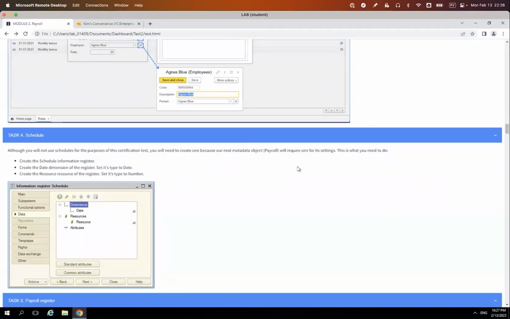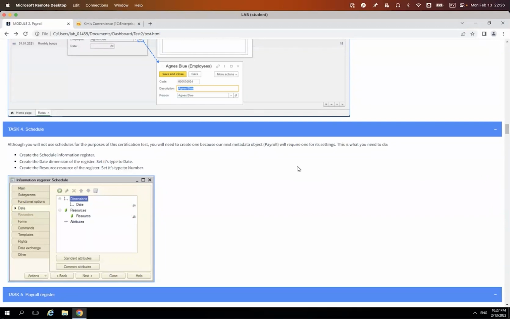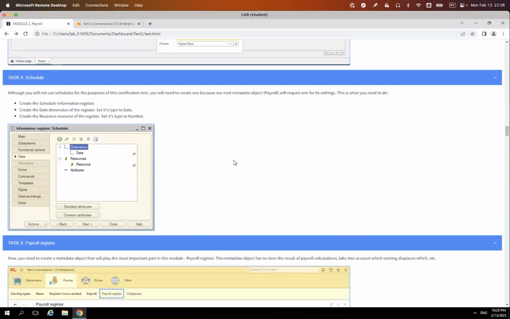This small piece of implementation is made for you already. So it just says what you need to do. We don't use it in this specific task, but the metadata classes that we use for this task require the presence of this object. So you don't need to do anything about it. Just create it and forget it. It needs to be here, but we don't use it.